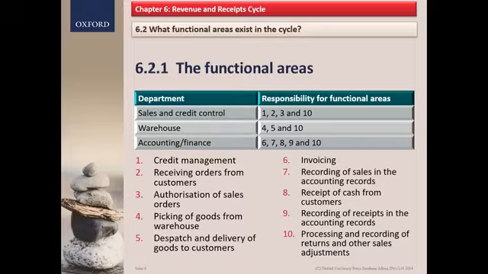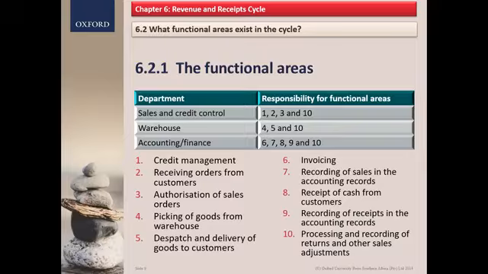So per department, if you want to allocate those functional areas per department, we've got 3 departments. We've got sales and credit control. Credit control will be responsible for function 1, 2, 3, and 10, which means sales and credit control will be responsible for credit management, receiving of orders from customers, authorization of sales orders, and also processing and recording of returns